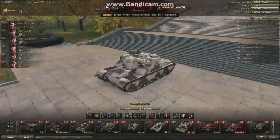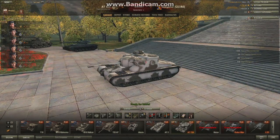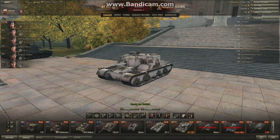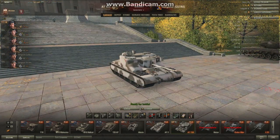This tank is going to be 30% off. Would I recommend it? If you like the slow sniper tank destroyer style of gameplay, this is a good tank for you. And at 30% off, that's the most you're going to see. It's a tier 7. Tier 7s, I don't think they ever go half off, but they always go 30% off. So this is as cheap as it's going to get, and I think it's worth it. But you may not, if you don't like that slow...